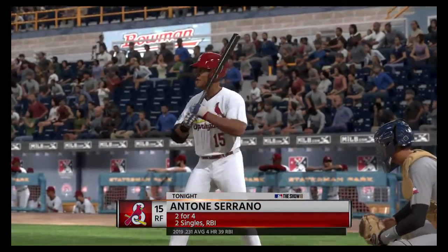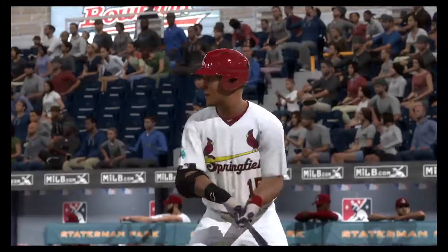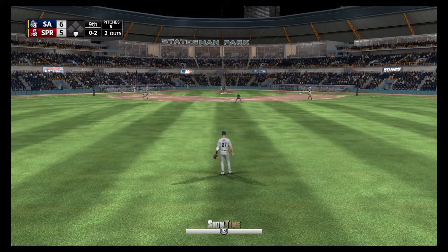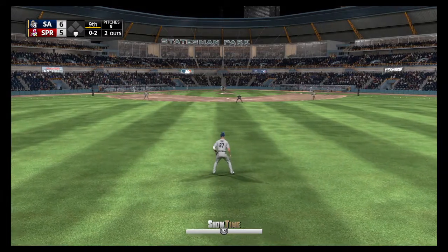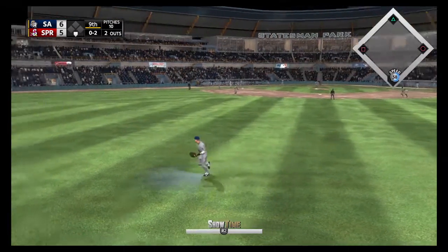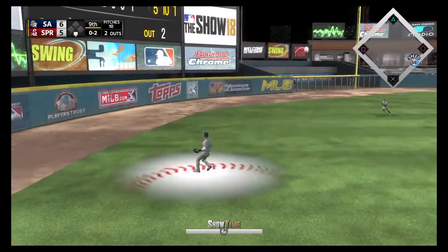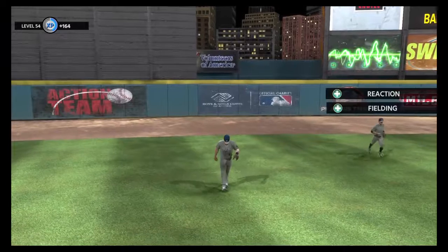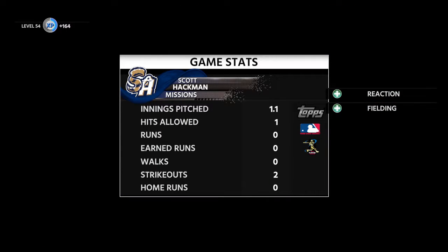At the plate, Anton Serrano. On the night, he's 2 for 4 with a pair of singles. Fans on their feet in a 1-run ball game in the last of the ninth. And this ball swung on and hit to center field, and this should do it. He makes the catch, and they have run their winning streak to 5 in a row now as this ball